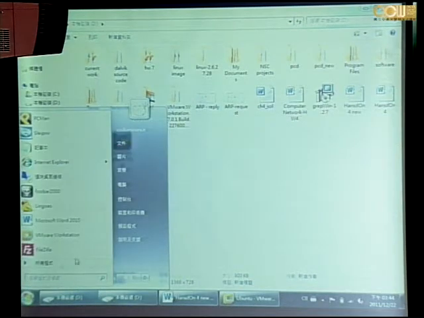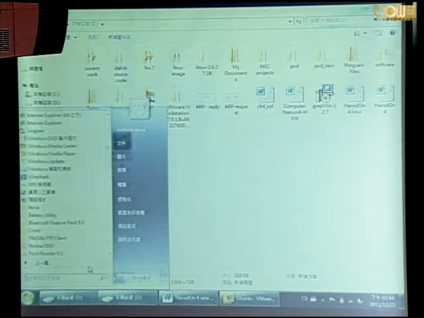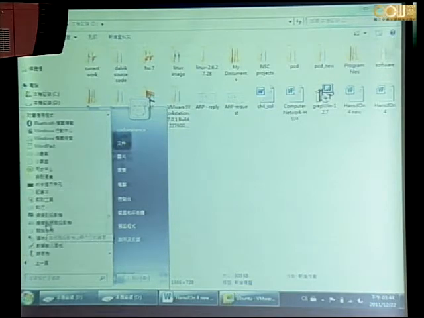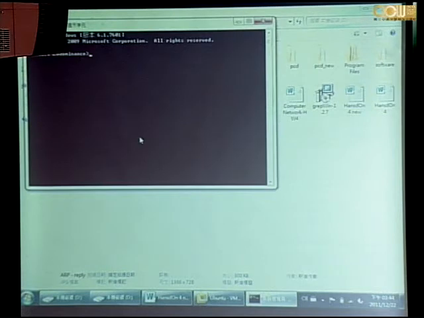And additionally, here we show how to make a reply packet. Okay, we use the